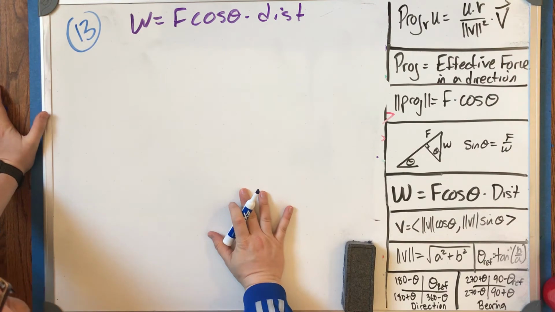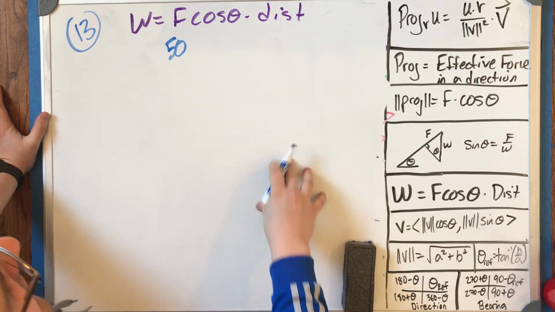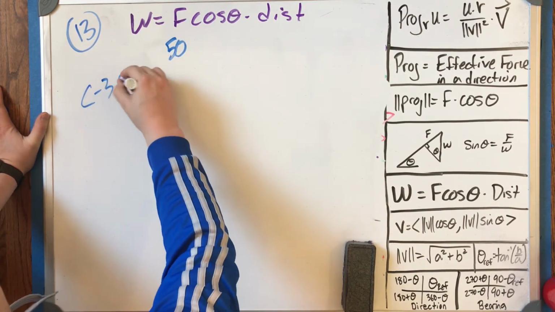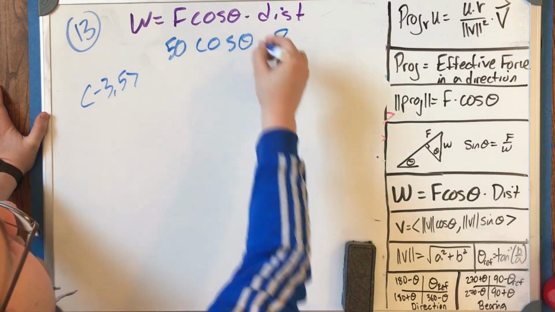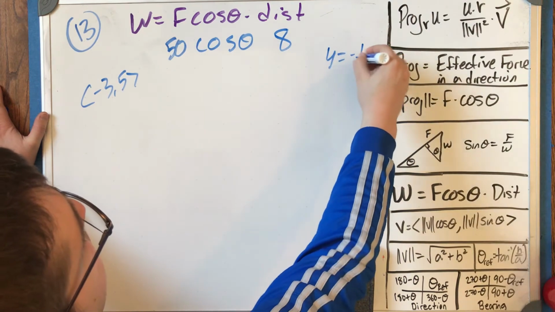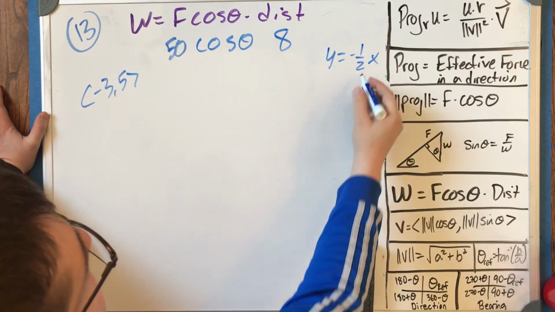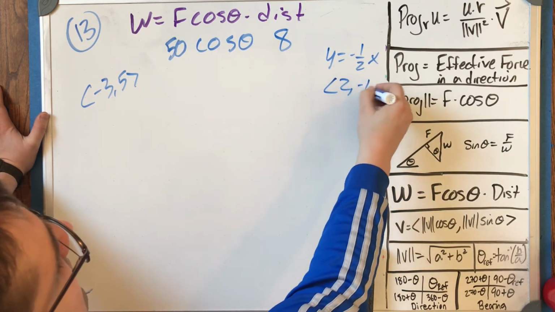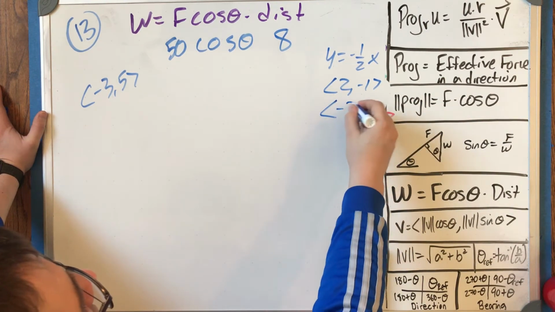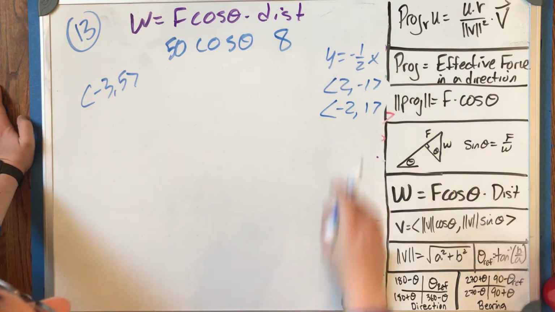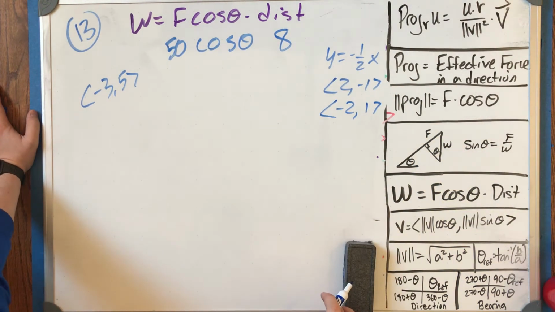Find the work done by force of 50, acting in the direction of negative 3, 5, moving an object 8 feet along the line y equals negative 1 half x. Okay, so I'm going to turn this into a vector, and it actually does not matter which one I let have the negative sign. I could use either one of these, and those are both going to capture the direction as far as I'm concerned, but